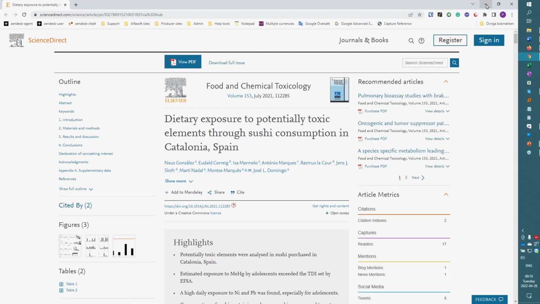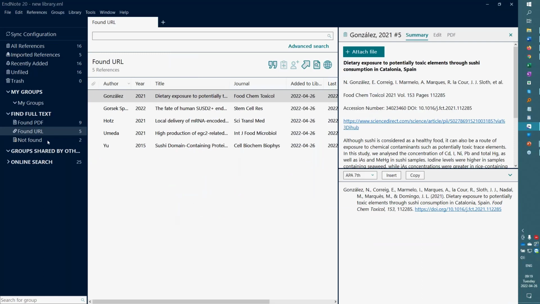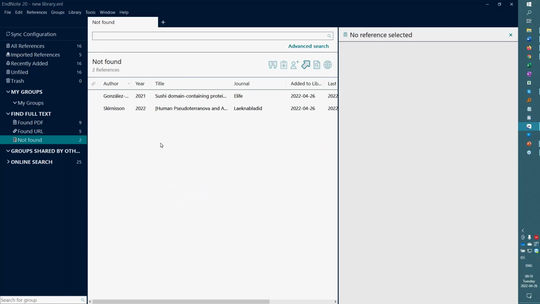So it's all there to help me. And for some, of course, two of these, it didn't find anything. It couldn't find anything. Just remember that EndNote will ask for the PDFs, looking for the PDFs in something like a CrossRef database. And if the server doesn't respond in time, it will just keep on going to the next reference. So you can redo the find full text PDF whenever you want to get more full text